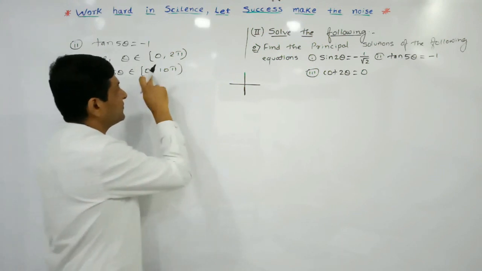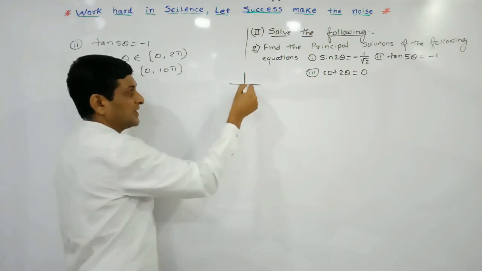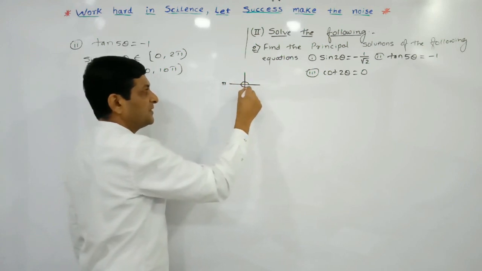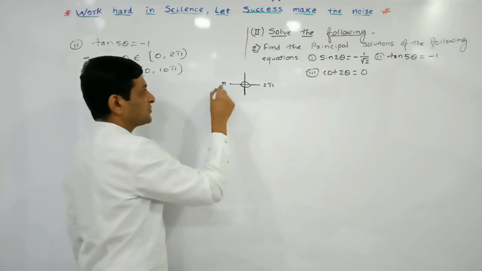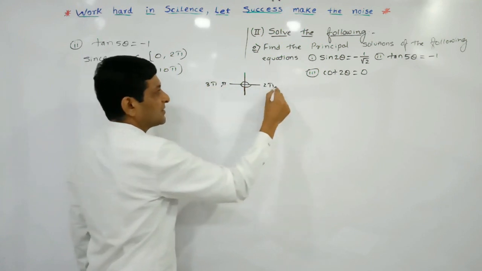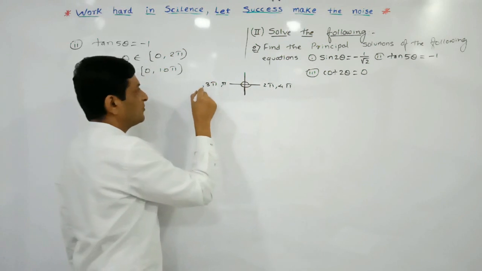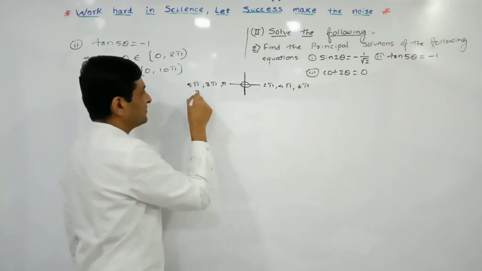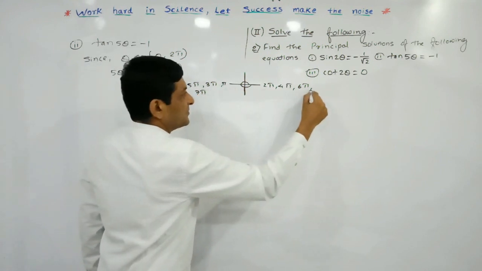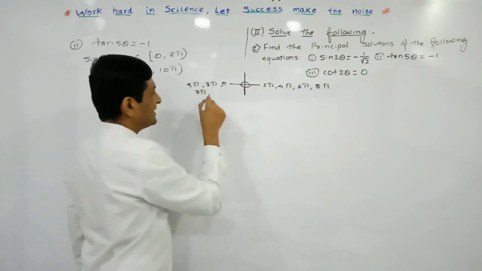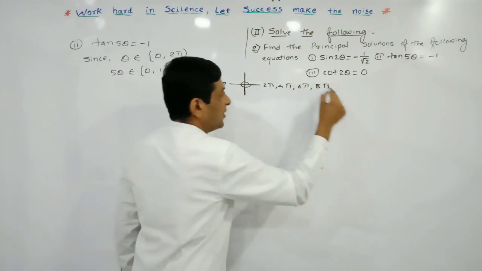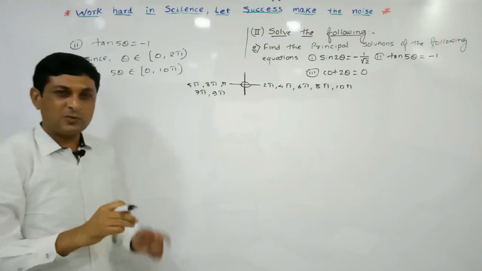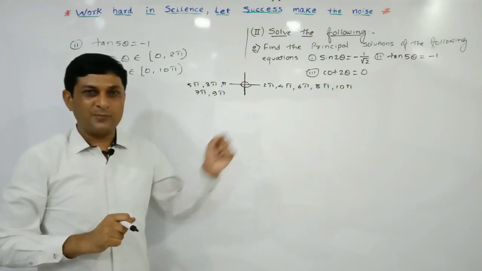Now, how far do we have to go? For 5θ, if this much angle is π, then here we'll get 2π. Continuing this way, here we will get 3π, here again 4π, then 5π, here 6π, then 7π, here 8π, then 9π, and lastly 10π. If we continue the rotation, we will get such values.